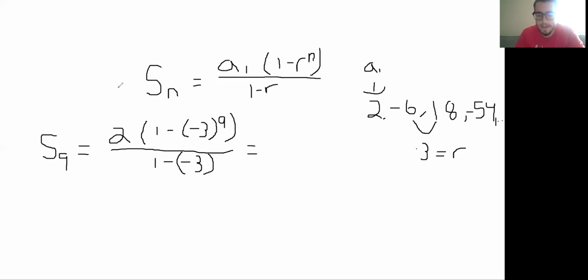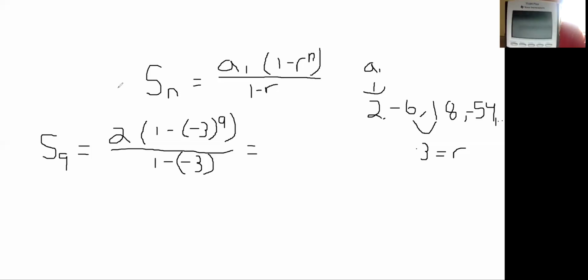You don't have to type this into your calculator to solve it. I mean, you could power your way through this, but it sure would be silly to do this. So 1 minus -3 to the 9th over 1 minus -3. And you get